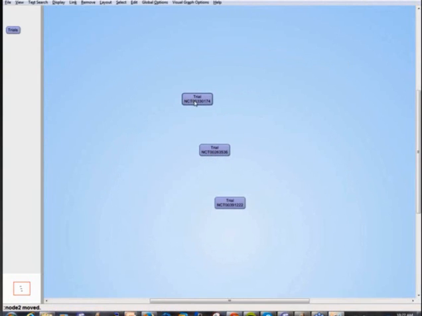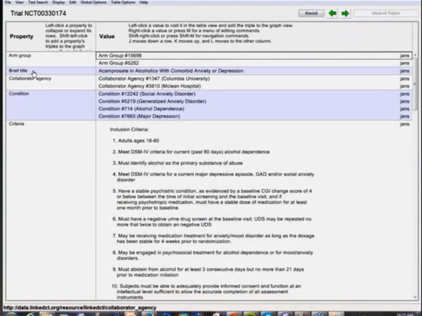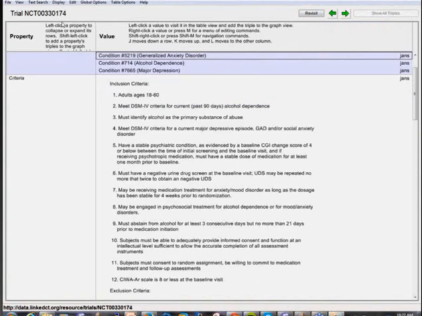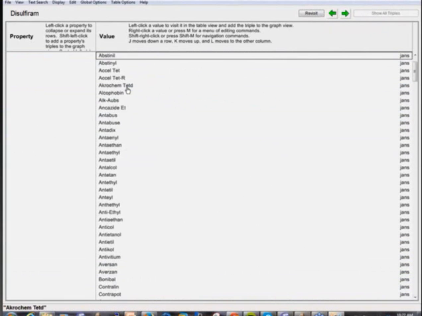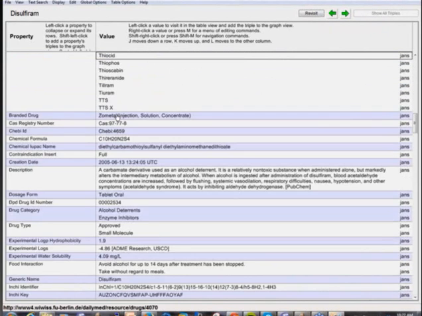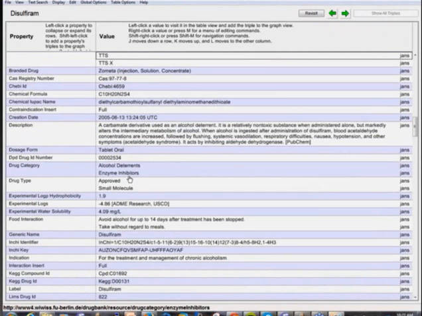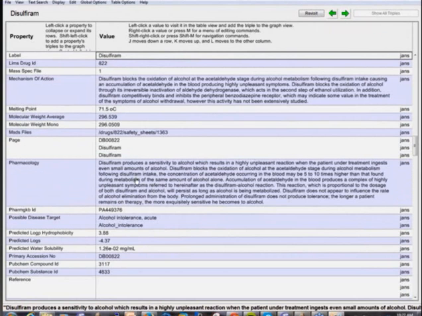Yeah, so here's some clinical trials. I could look at a particular clinical trial, and then we see it's about alcoholics with anxiety and depression. This clinical trial is about these particular drugs, these particular side effects. I could click on a drug and I go into the drug database, and you see the chemical formula and everything else that you might want to know about this particular drug, the